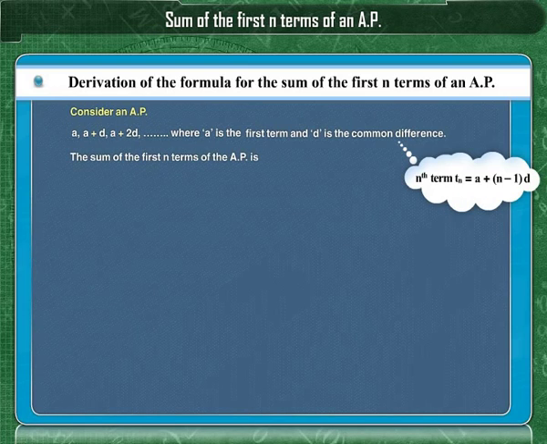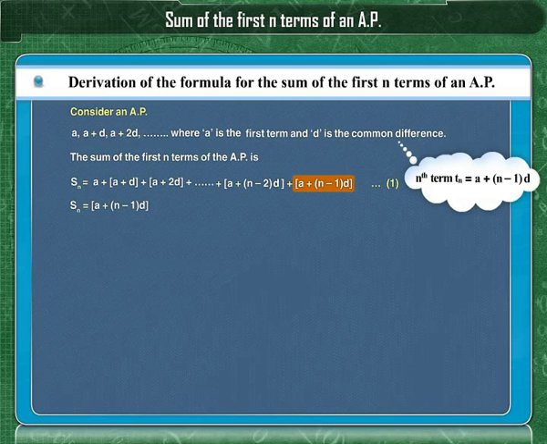The sum of the first n terms of the AP is Sn is A plus D plus A plus 2D and so on up till plus A plus n minus 2 into D plus A plus n minus 1 into D. As per Gauss's technique, writing the sum in the reverse order, we get Sn is A plus n minus 1 into D plus A plus n minus 2 into D and so on up till plus A plus D